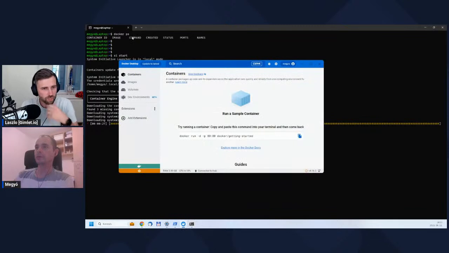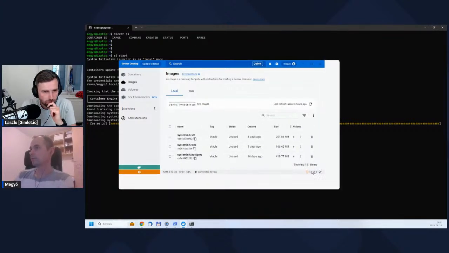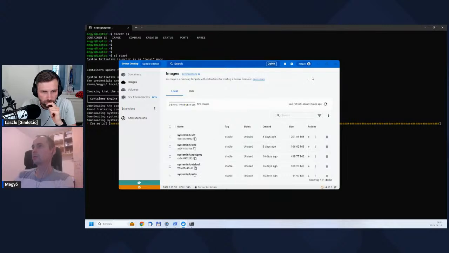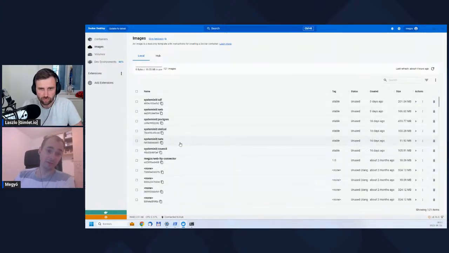So how big are these images? Let's see them. Yeah. So this one is like 200 meg. This is Postgres, right? Why can't I see more of this? Let me just enlarge this. Yeah, this is NATS. NATS is the go-to, so it's small. All right, so like a gig altogether.